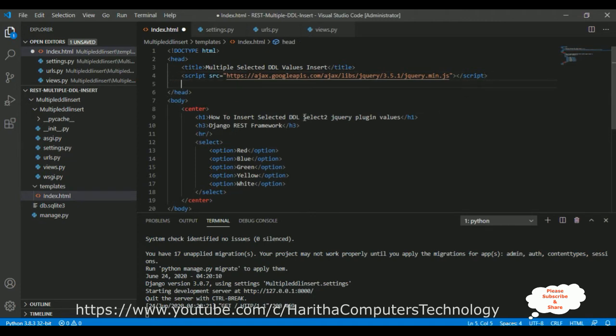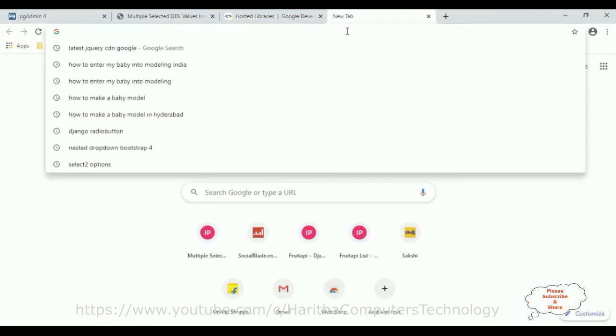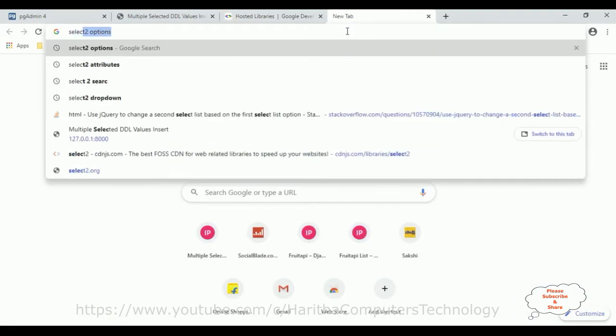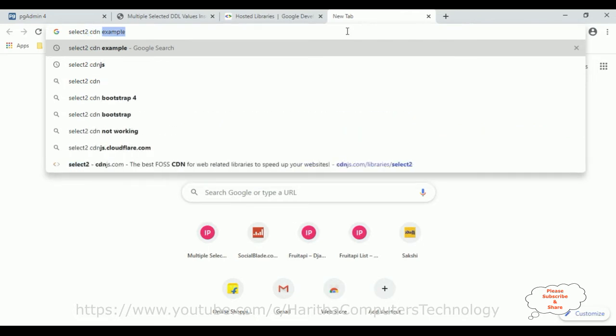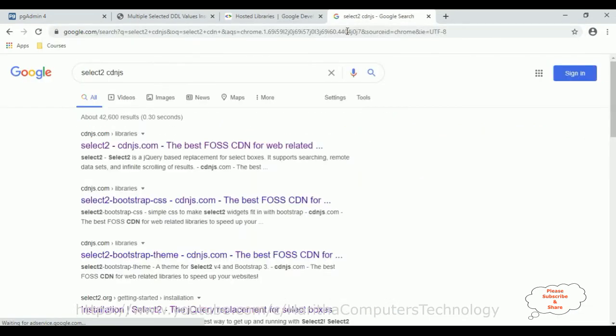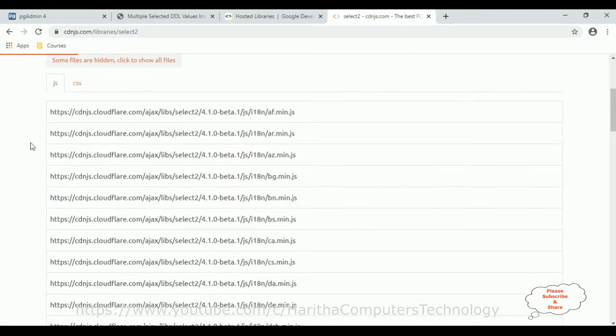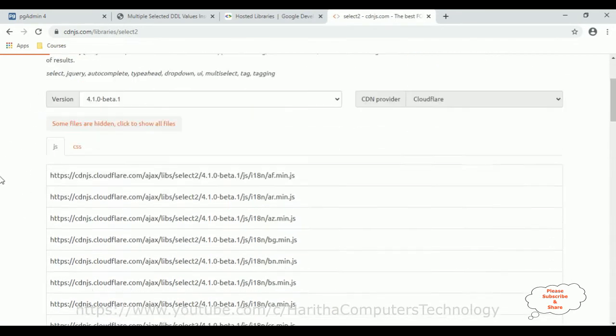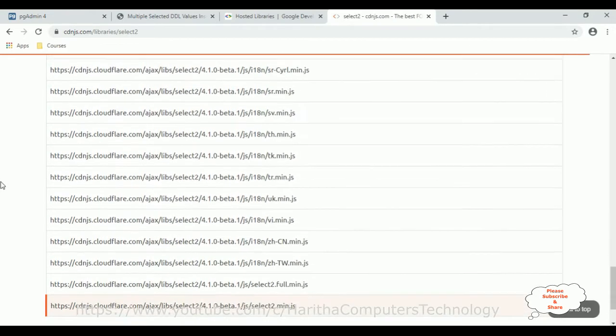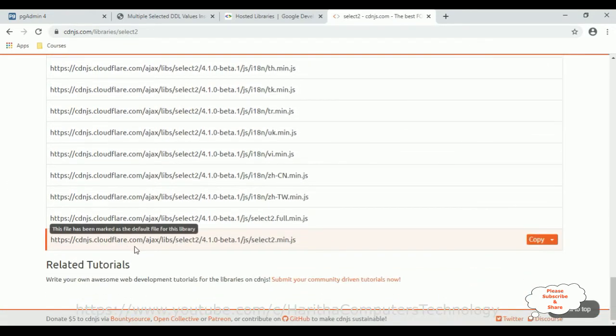Then I want to use the select2 option, so we require the select2 jQuery plugin also. So search for select2 CDN JS, enter, and select2 CDN JS. Let's select the first option from the search results. And here we can find the different versions of select2, but come to the bottom, you'll notice this is the default file of the library. Let's select that one, script tag, copy script tag